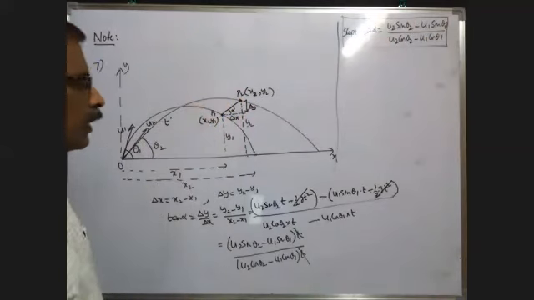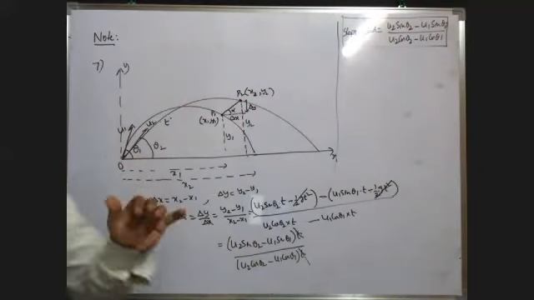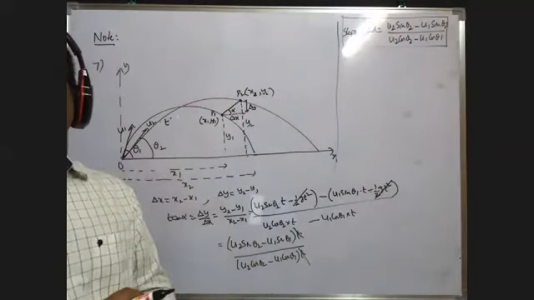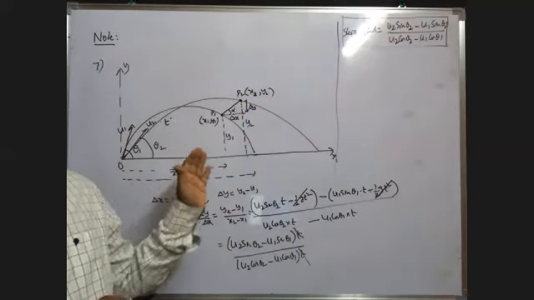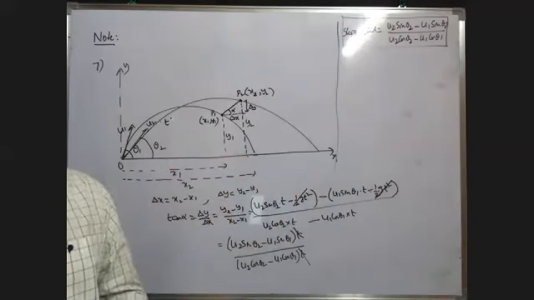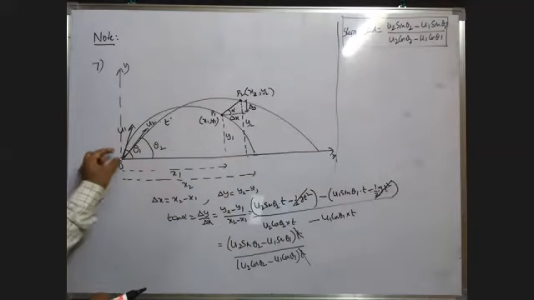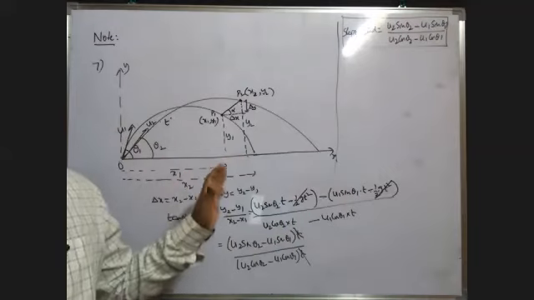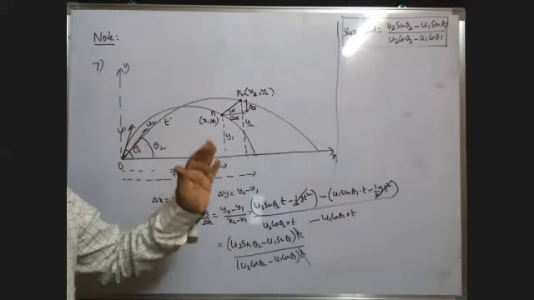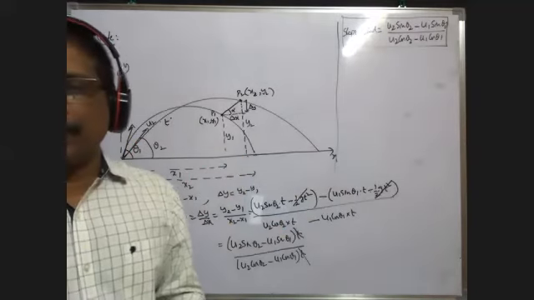Now suppose the two projectiles are thrown from the point of projection with velocities u1, u2 and angles of projection theta 1, theta 2. If you observe these two bodies from the ground, how do they travel? Along which path do they travel? Come on, you respond. When two oblique projectiles are thrown with different velocities and different angles of projection, how will they travel as seen from the ground? Along the parabolic path. Very good.